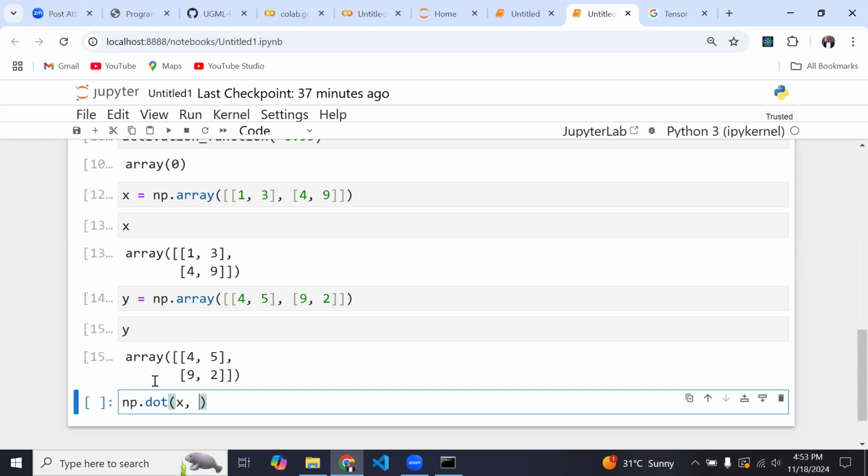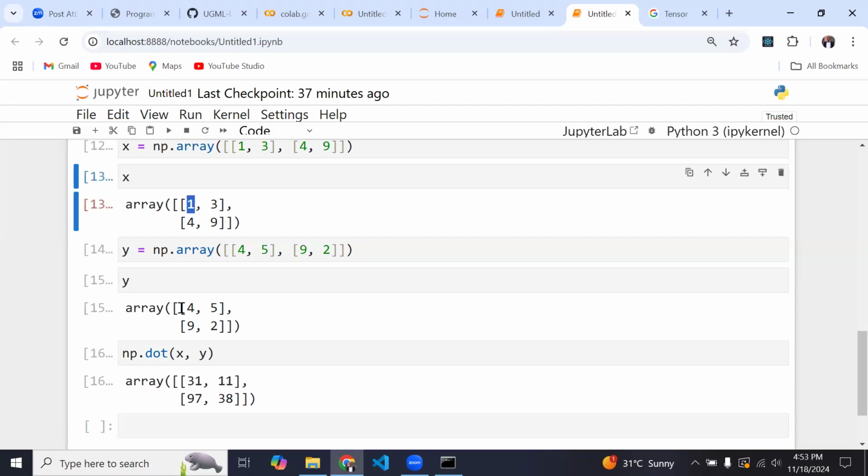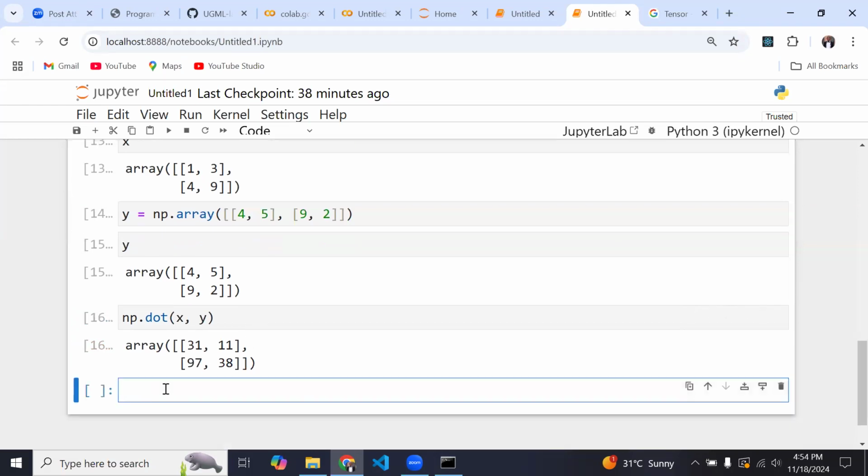So if I pass in X comma Y and run this, I wish we had a marker over here, but the dot product for these two arrays, I think it's going to be 1 times 4 plus 3 times something, then you get this 31. Okay. Now, the reason why we are not doing X